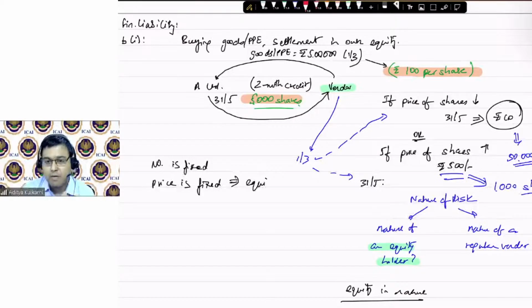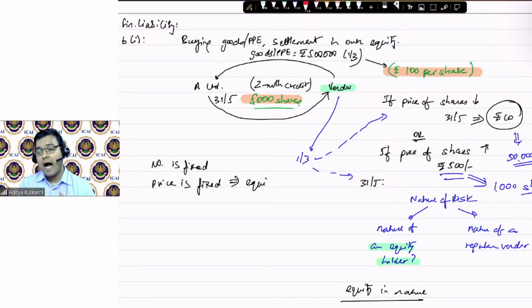So if the number of shares changes, there is a variability in the number of shares depending on the pricing. So variable number of shares for variable pricing, the vendor is not subjected to any risk as an equity holder. He is getting a guarantee for his 5 lakhs. When he is getting a guarantee for his 5 lakhs, it means what? He is willing to treat himself as a liability holder only and not as an equity shareholder. Are you able to follow?